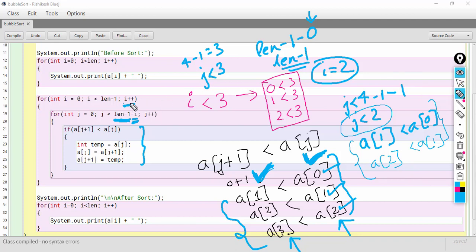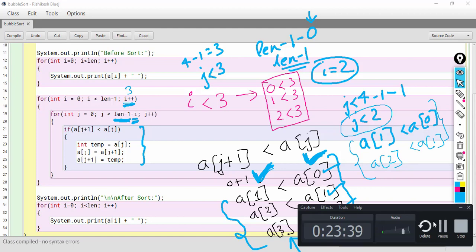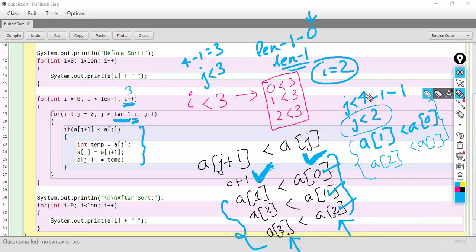Now, the value of i will become 3. Sorry, the value of i will not become 3.